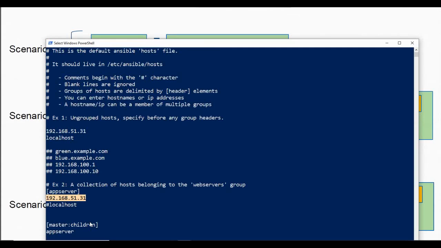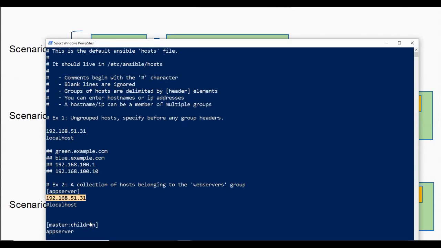In the same way you can do it for any other purpose. Let's say, grouping all the database servers together, grouping all app servers together, or grouping all Windows machines together, and so on. So you can think of any permutation and combination of creating the groups.